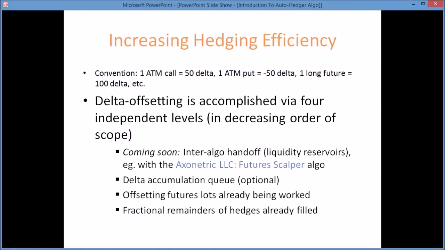So increasing hedging efficiency is an important aspect of the Auto-Hedger algo. It can offset deltas via four different independent levels. At the highest level, we have inter-algo handoff. Some algos, and the future scalper is a perfect example of this, develop liquidity reservoirs during the course of their normal operations. So this is great if we have an incoming hedge request that can be offset with an already established position in another algo. That is a risk-free and a commissions and expense-free trade-off, and that hedge request can be handled